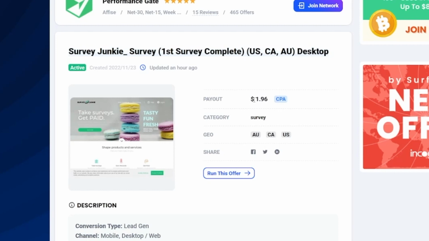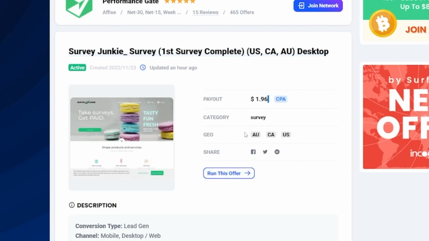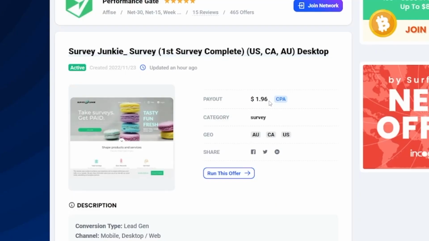So actually that's $2 per sign up. People need to sign up and you get that money. So you can see why this is easy and why this is working so good. People don't have to buy anything at all. They just need to sign up on this website, Survey Junkie, where they can actually make some money, right? And this is gonna be our call to action. So this is what you're gonna get.